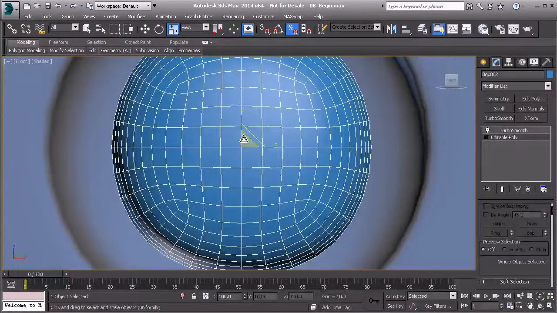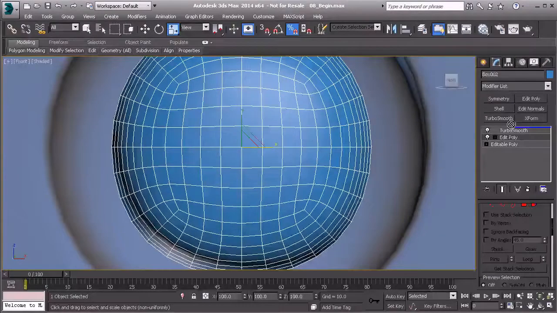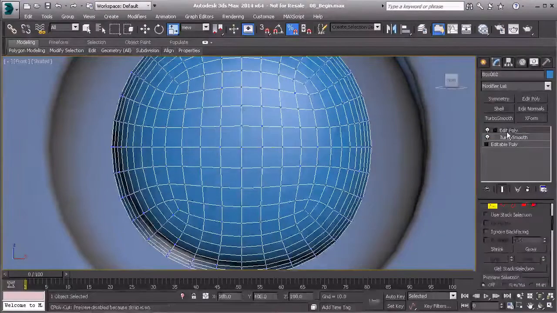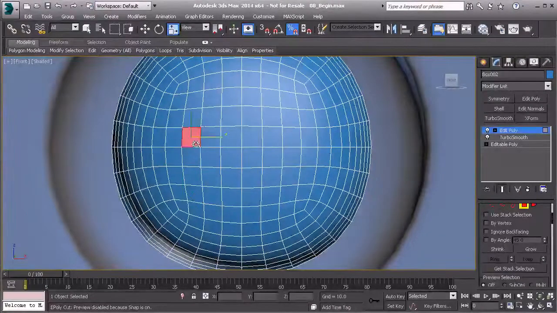Now, I'm not sure exactly, so I'm looking at this from an experimentation point of view. Let's say that I don't want to get rid of my edit poly. I'm happy with the way that looks so far. The turbo smooth is working out well, but I'm just trying something out. So instead of collapsing this down to editable poly again, let's just add our edit poly modifier. Let's drag that up above our turbo smooth, and then now I can go to polygon mode and select those